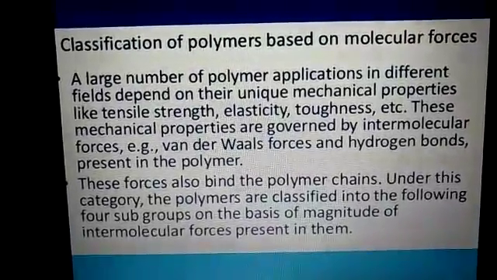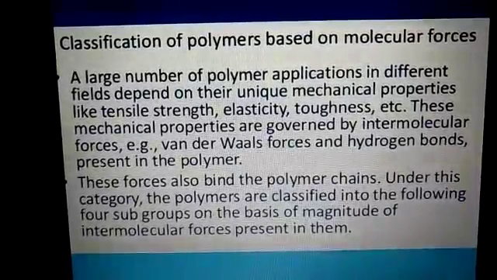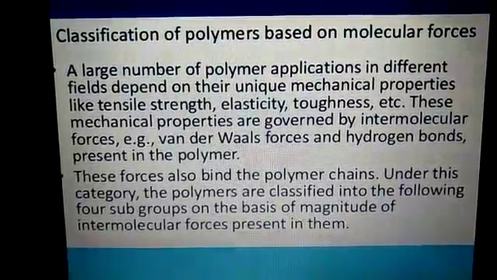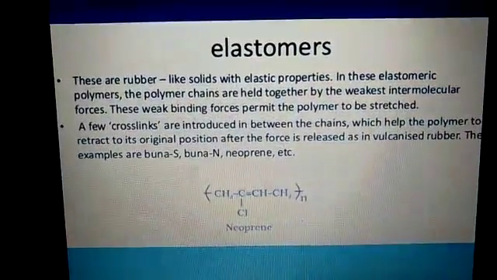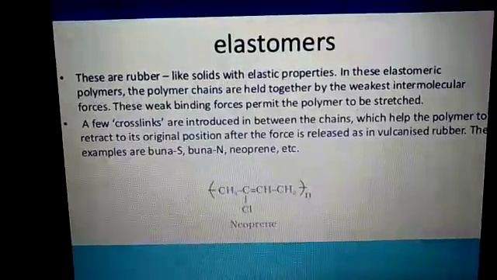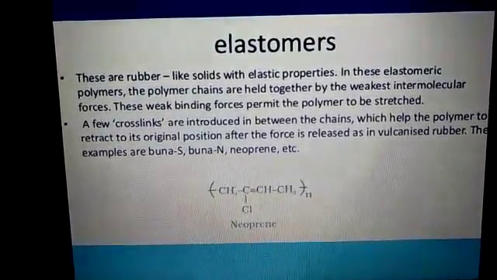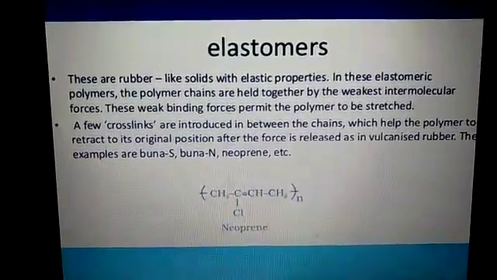These are known as van der Waals forces of attraction. Due to the presence of the van der Waals forces of attraction, they are able to develop the elastomer polymers. Examples: Buna S, Buna N and neoprene. In these polymers, we will observe that they are solid, rubber-like polymers having a high degree of elasticity,